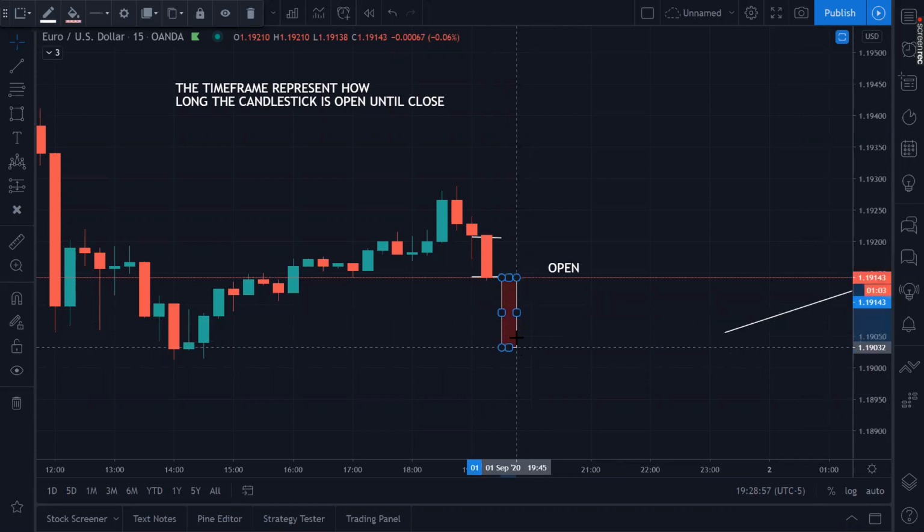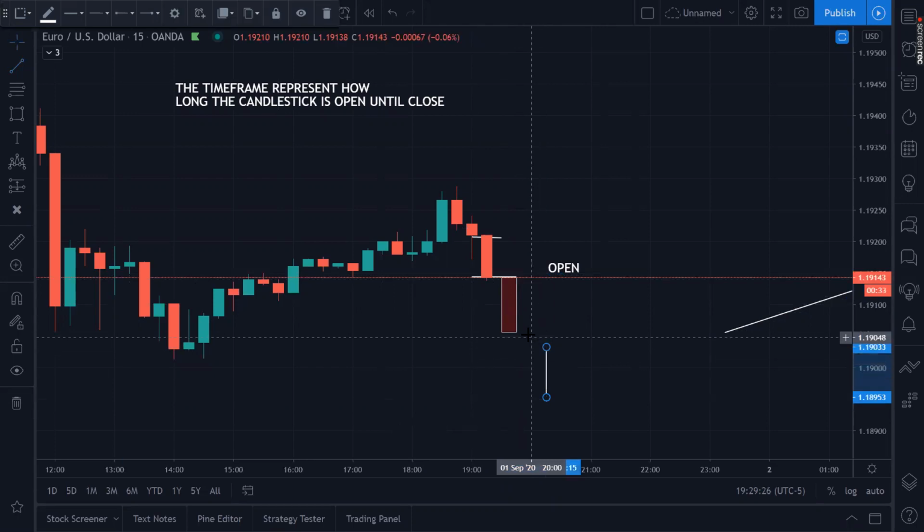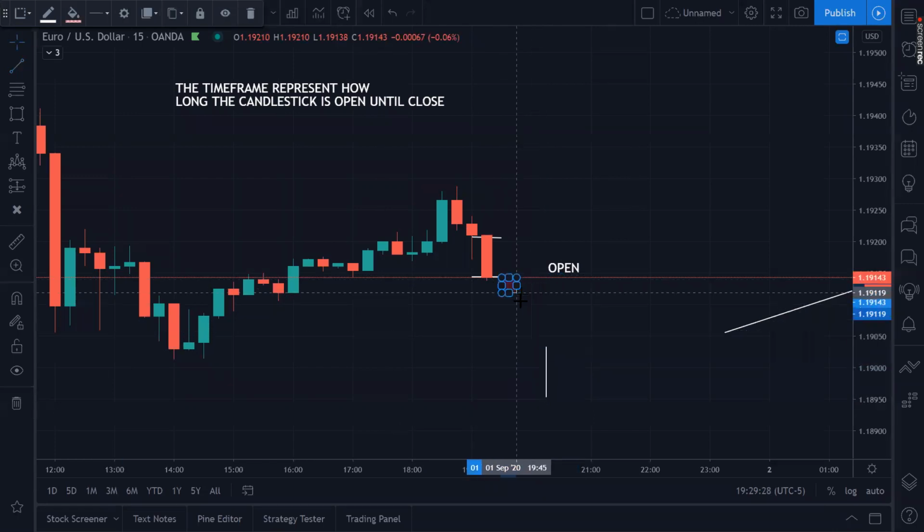The store is open for 15 minutes. You got 15 minutes to shop, right? You come in here to buy, sell. Think about it as a pawn shop. People come in to buy stuff. People come in to sell their stuff, right? At value. So this pawn shop is open for 15 minutes. Right now, it's in a bear move. It's selling, right? Now, let's say that this market comes all the way down here,